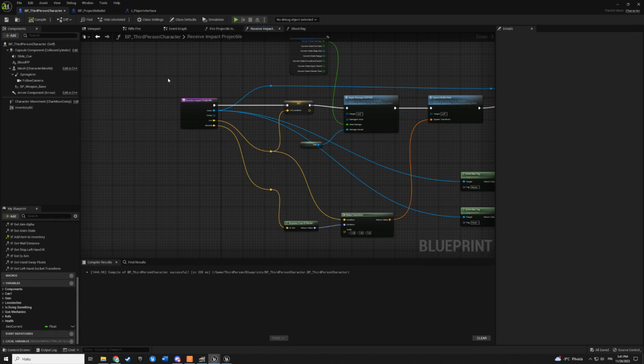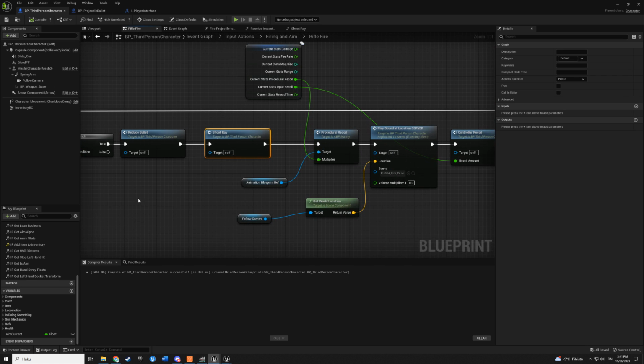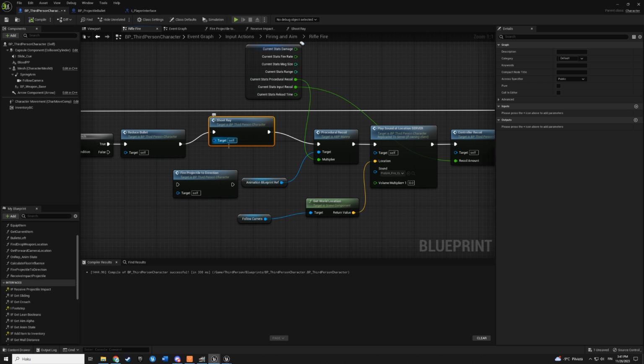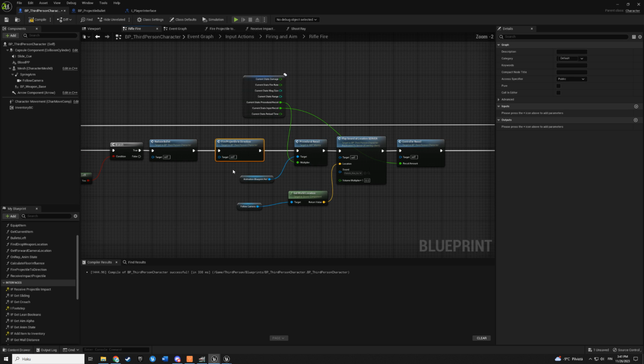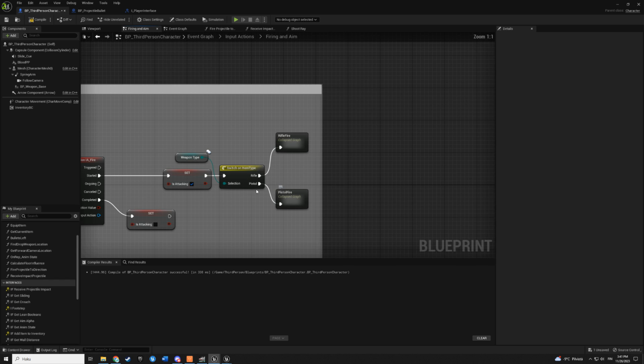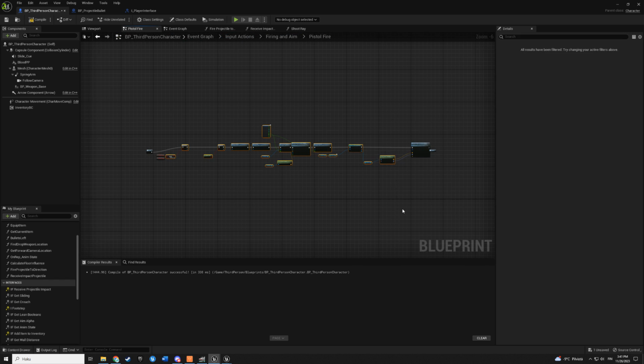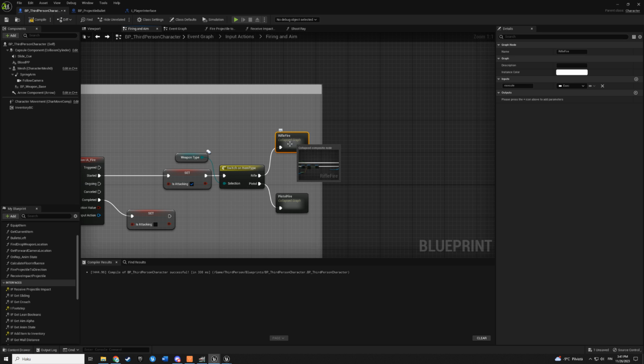No, actually, let's not try because fire rifle we have here shootray. We don't want that. We want to call our fire projectile instead. So we can delete that one. Then let's do same thing in our pistol aiming. If you don't have this, you can just collapse these graph to graph like I have done before that switch weapon type.